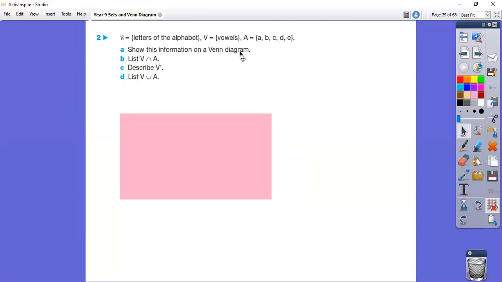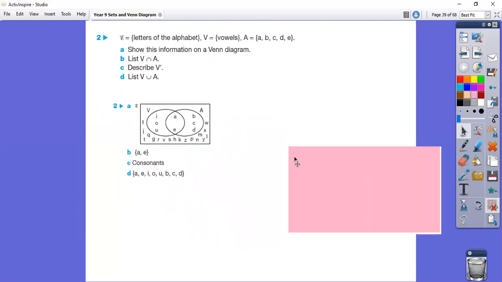Show this information on a Venn diagram. List V intersect A. List the elements not in set V, and then list V union A. So if we look at the second question,